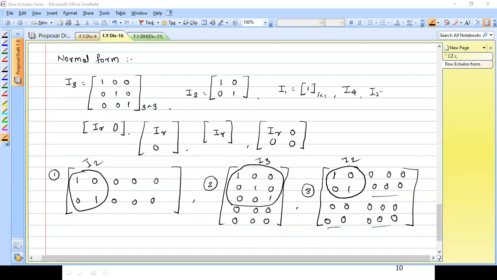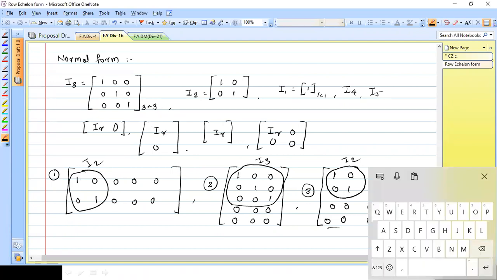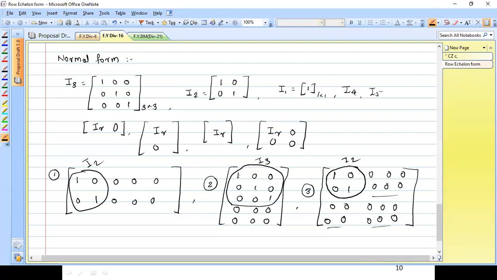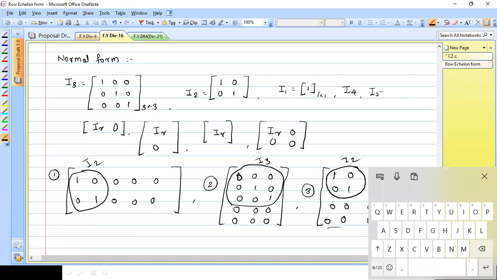Sir, should the identity matrix always start from A11, or can it be in the middle also? Like if in the second question the 1 from A11 is removed, will the rank still be 2? In the second problem, instead of 1, you have here 0? Yes, sir. So it is not an identity matrix. Then you need to shift that 2 by 2 matrix to that place here.